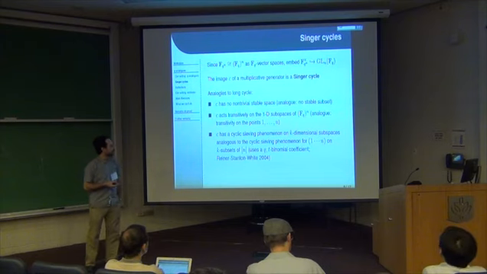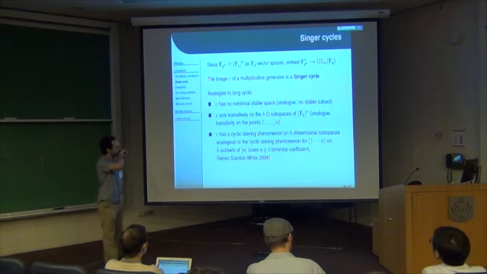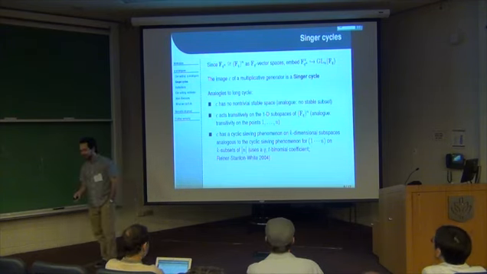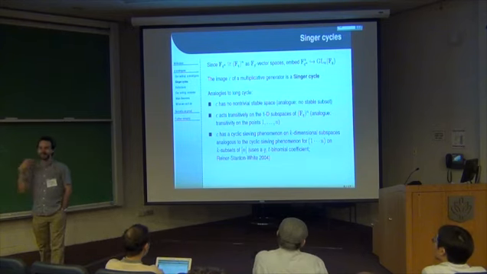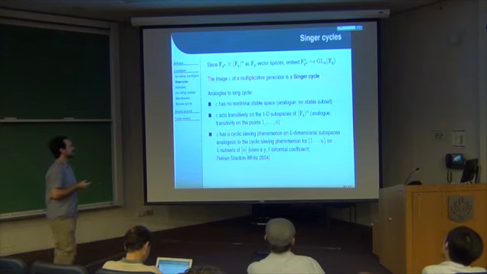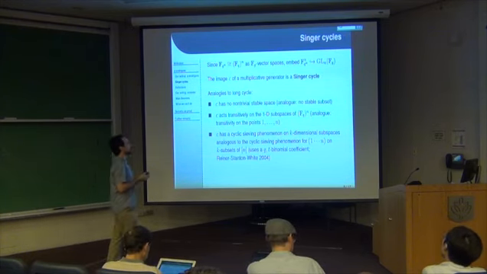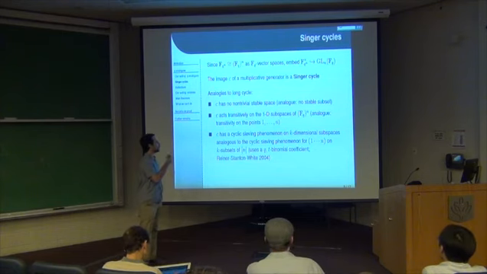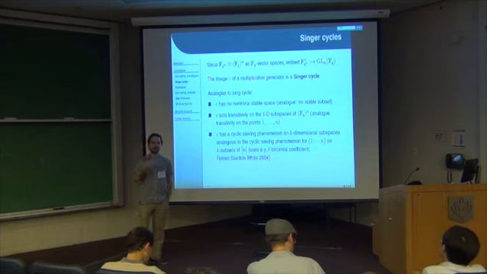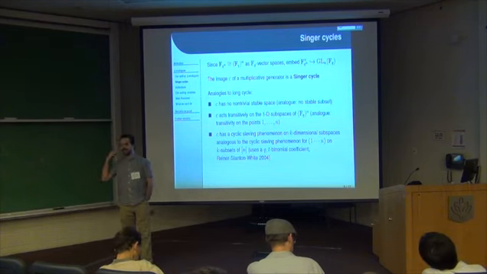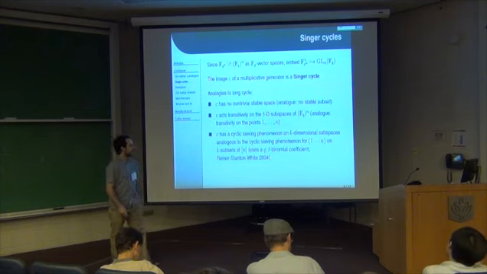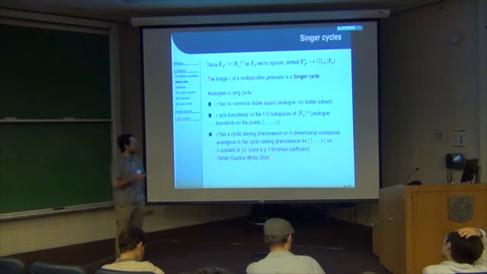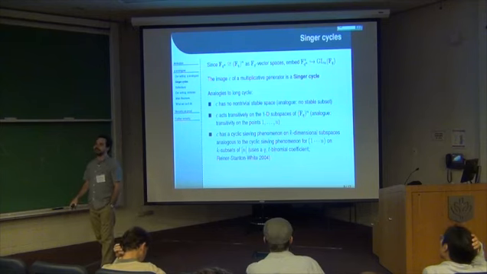And, okay, I'm at the University of Minnesota, so the long cycle has a cyclic sieving phenomenon when you act on k-subsets using some q-binomial coefficient, and so the Singer cycle has a cyclic sieving phenomenon, but when it acts on k-dimensional subspaces, and it uses a qt-binomial coefficient, and I should say that this is definitely not the same as the